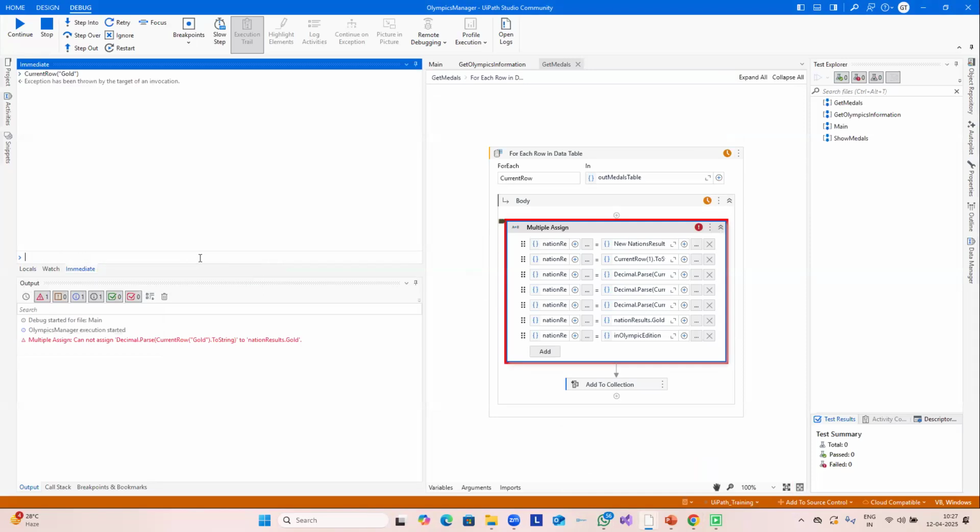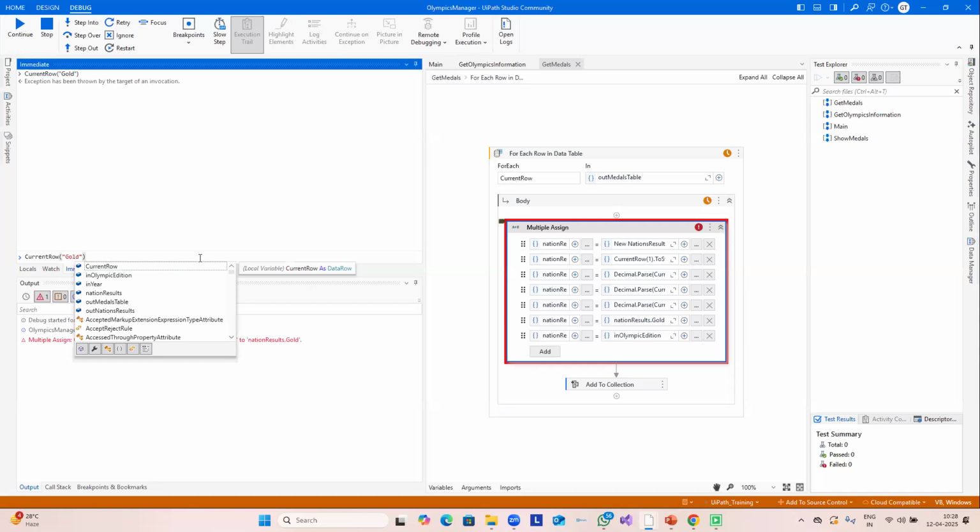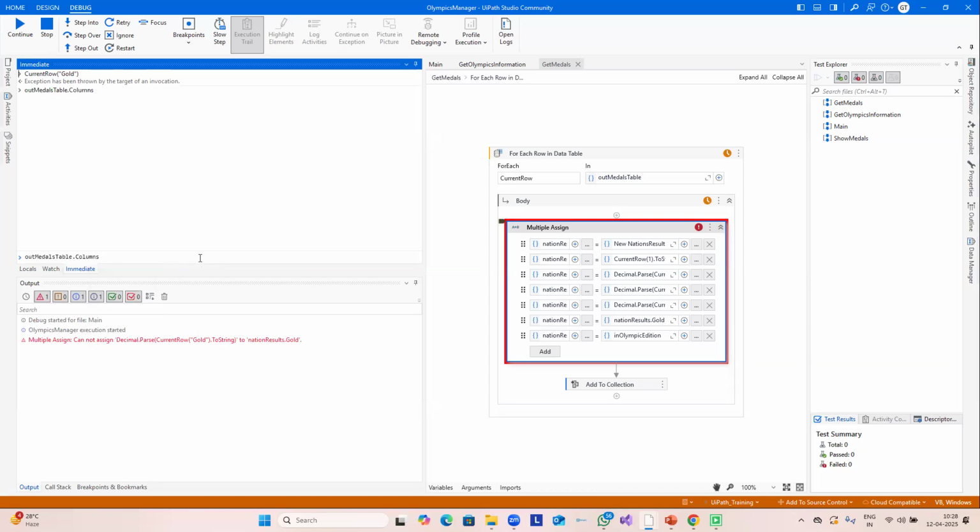First of all, action has been thrown by target invocation. Why? Output meta tables dot columns dot, or maybe just columns. I would like to see data columns rank total. Okay,